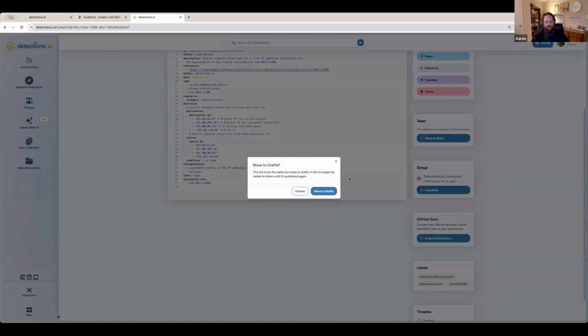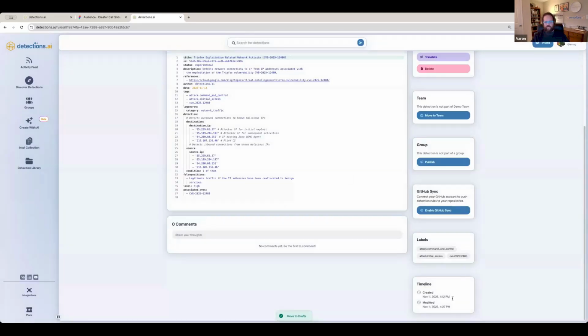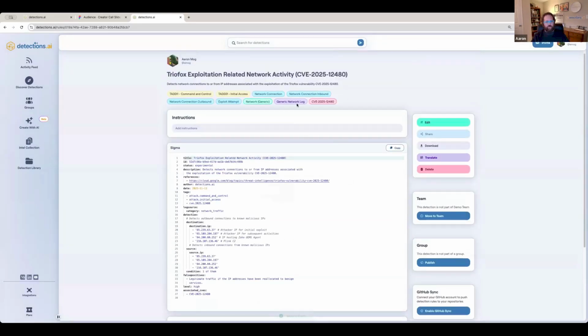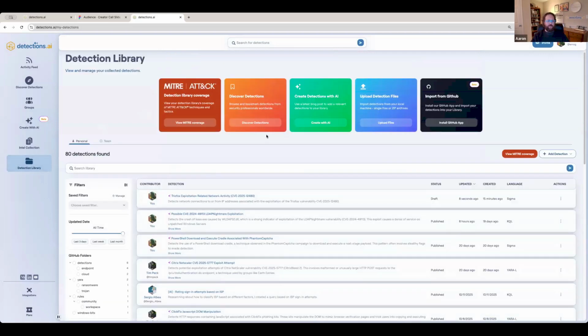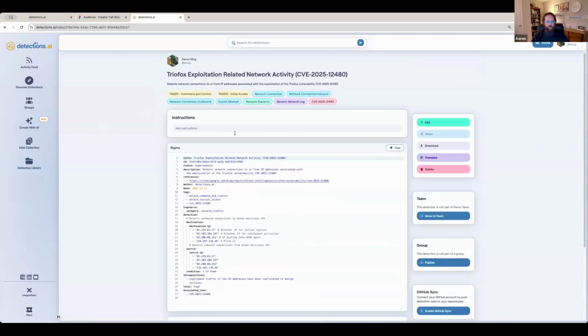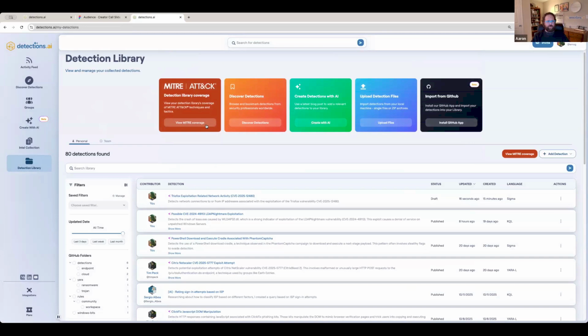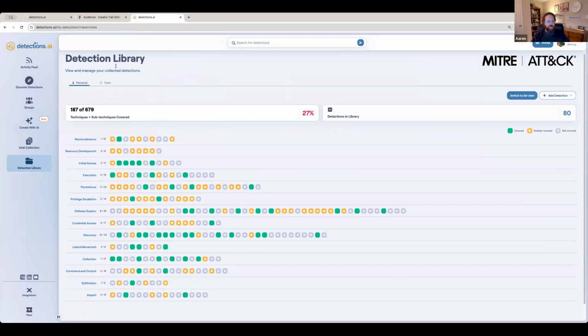I'm actually going to go ahead and unpublish this rule again. Then you can see there are some labels and metadata around your rules, all the tagging, things like that. In your library itself, the other very cool thing is that when I built my rule, it automatically did tagging. So one of the cool things we added was a MITRE view. If you go into the MITRE view of your library, you can see, if you're more interested in creating full coverage, or you're an MSS and you want to show your customers that you have every language for every MITRE control, this is a great screen for that.